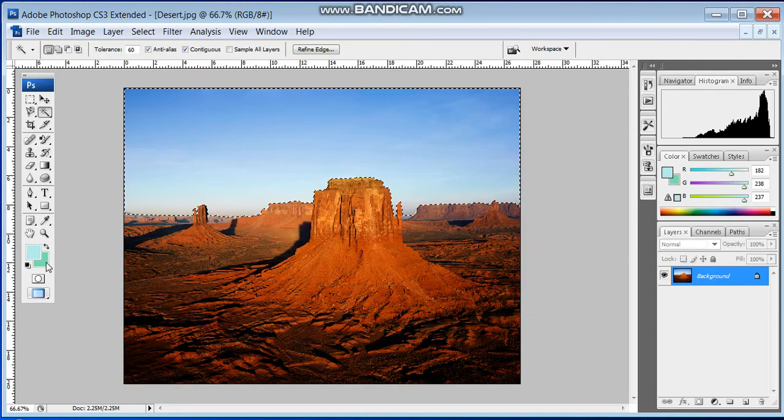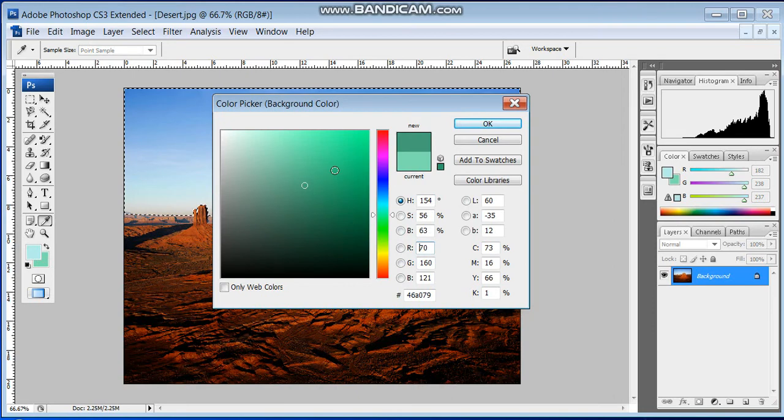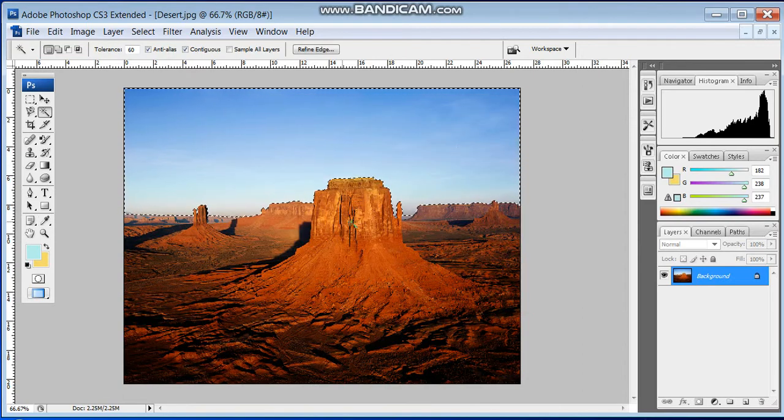Okay, and then for the background color I am going to select something from here. So I have selected two colors, one is blue, one is yellow, and I am going to apply a gradient, meaning shading of these two colors.